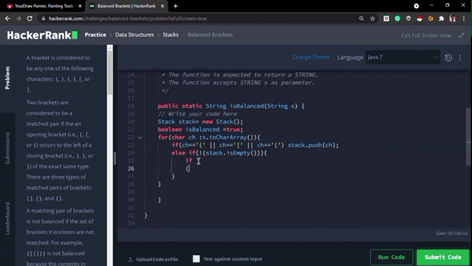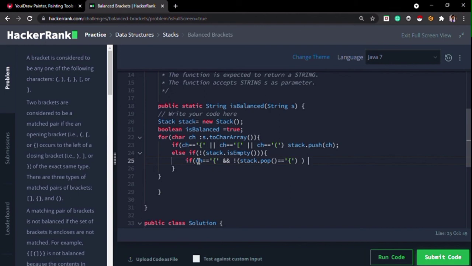In this case, if we encounter ch equal to any of the closing type and the top of the stack is not of the same matching pair of opening type, so negation of stack.pop() equals to, okay, we are ending with a character, so we have to use single quotes.